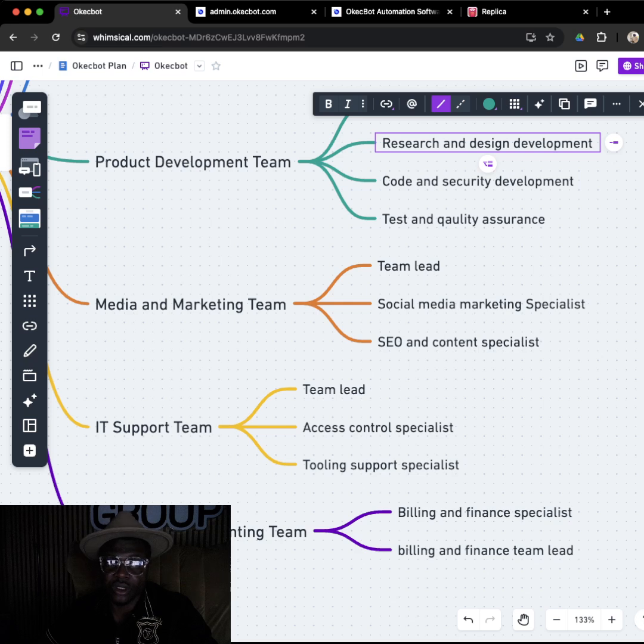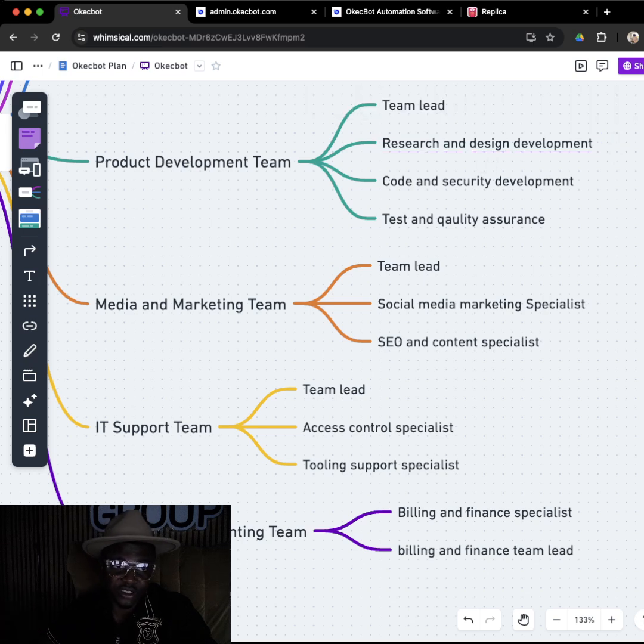but most people would not be familiar with most of the tools we use. Like we also use Google Drive, we use Slack, we use Jira for project management, and there are other things they might need access to; we might need to assign them access to the dashboard so they can perform the duties they are being employed to do. So that is what the IT support does. It gives them access to a dashboard, which I would show you any moment from now. It also teaches them how to use the tools that we use within Okecbot.